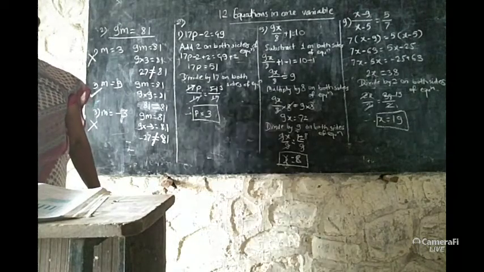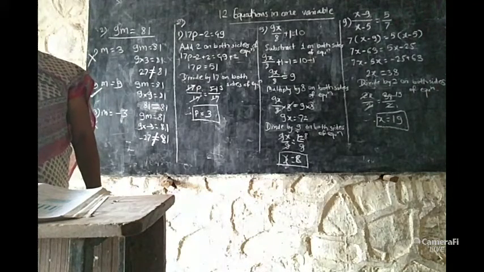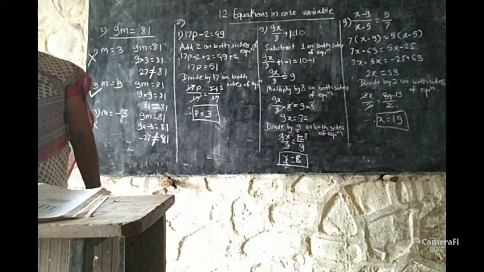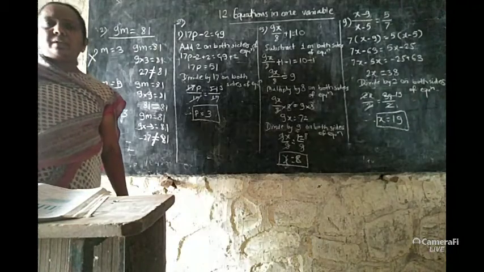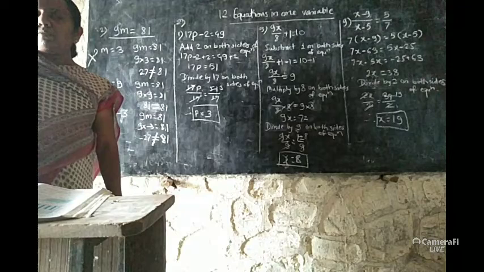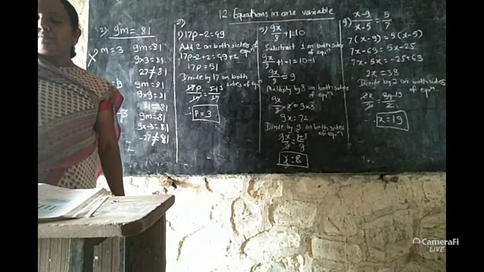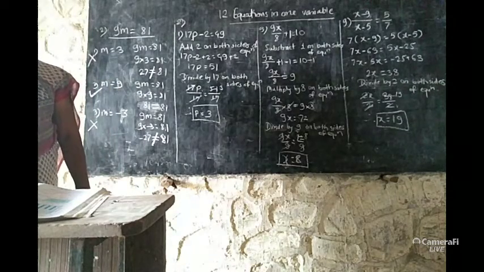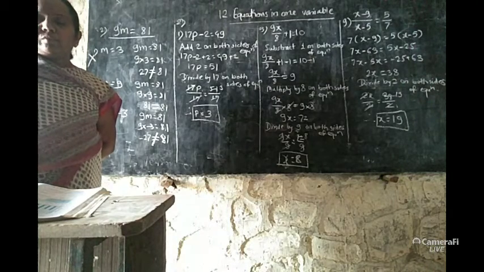The operations done on both sides of the equation are: add the same number on both sides, subtract the same number from both sides, multiply both sides by the same number, and divide both sides by the same non-zero number. Means by using these four mathematical operations, addition, subtraction, multiplication and division, we can solve the equation, but we have to use the same number for the given operation on both sides of the equation. Thus, we have to know how to solve the equation. Today we have to find the solution of the equation in one variable, and how to solve the equation, we have to study here.